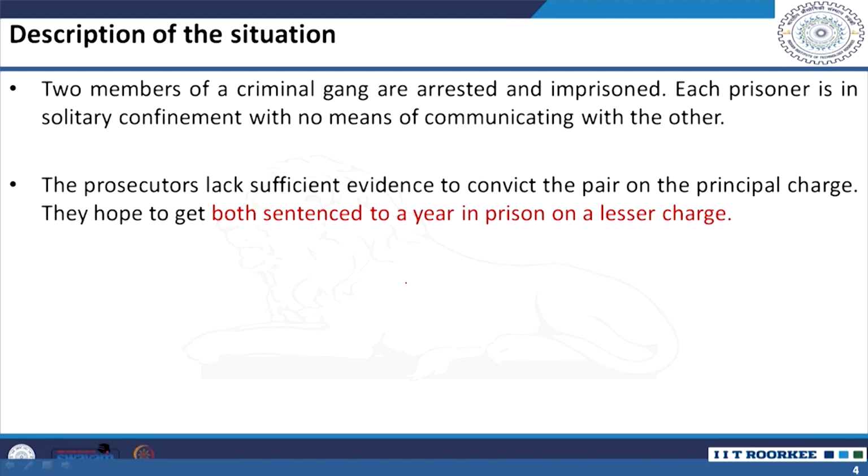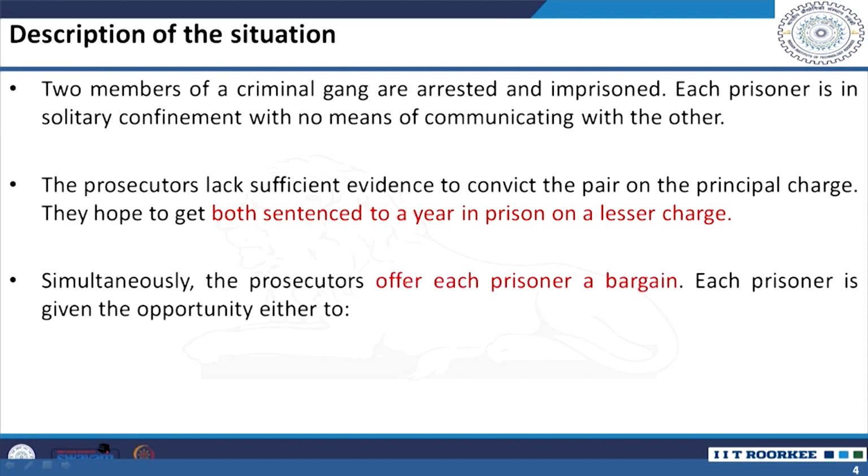Now what happens? Because of the lack of sufficient evidence, the prosecutors are thinking of convicting both of them on the principal charge, and they hope to get sentences of a year in prison on a lesser charge, because the prosecutor is also not getting sufficient evidence to convict them. That is why they are pursuing a lesser charge, putting each of them in prison for less than 1 year. And simultaneously, the prosecutors also